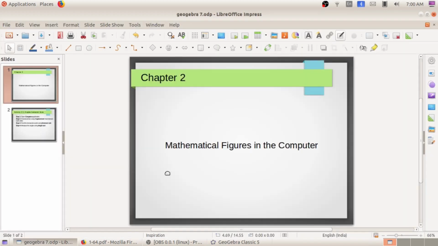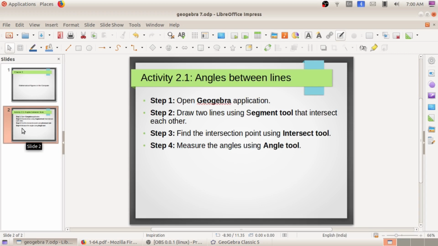Now let us move to today's activity, activity 2.1, angle between lines. We need to find the angle between lines. So there are 4 steps here. You need to follow these 4 steps to do this activity.